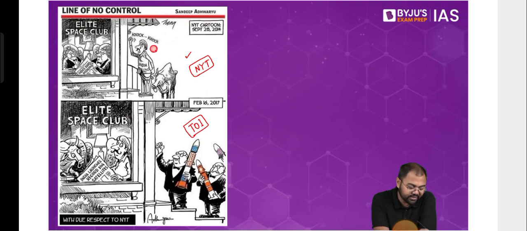Just look at what exactly they wanted to showcase: an elite space club where they have all these people in their suits and boots from various agencies, and this is India. This is how racism basically works. If you have to show an Indian, just show a person with a cow, and that signifies that the person is Indian. They might think they are demeaning us, but I don't see anything demeaning in a person standing with a cow.